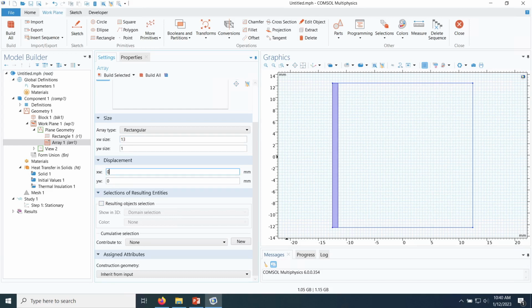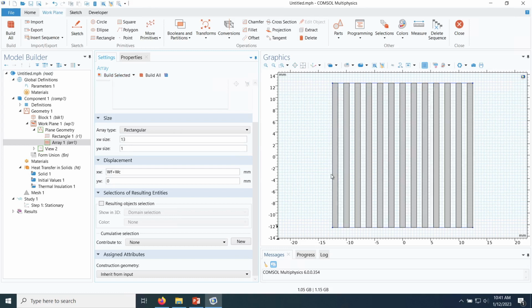And here, the third option is the distance between each of these copies in the X direction and the Y direction. Since I'm not going to have any copies in the Y direction, I'm going to keep this as 0. But for the X distance, I have to give the distance between the bottom left corner of this fin and the bottom left corner of the adjacent fin, which is going to be equal to the thickness of the fin, or the width of the fin, and the width of the channel. So I'm going to say WF plus WC. If I say build selected, I have 13 fins, or the base of the fins, copied in the X